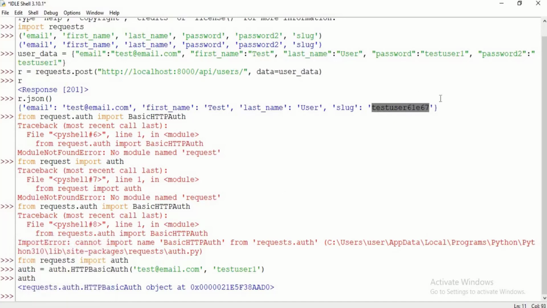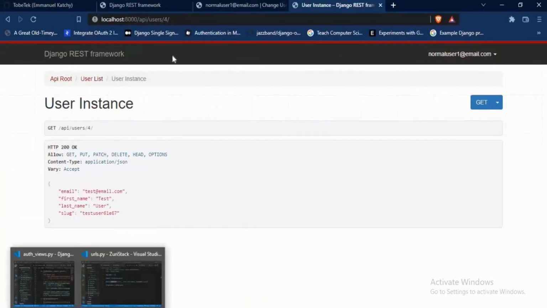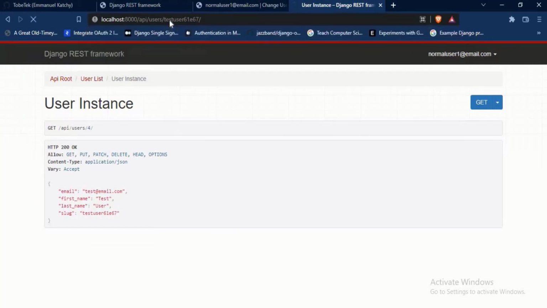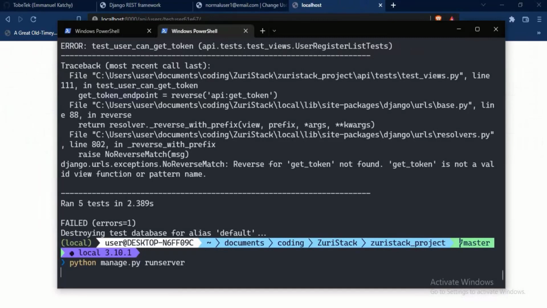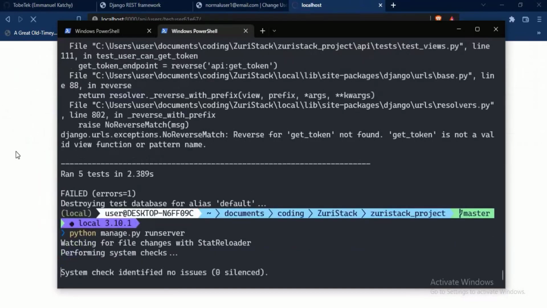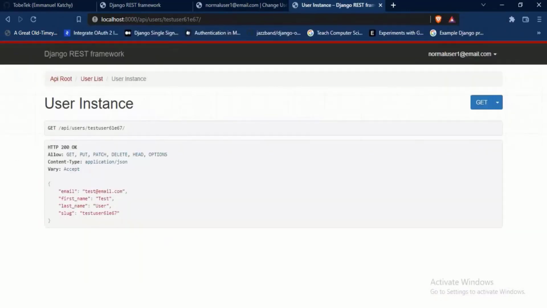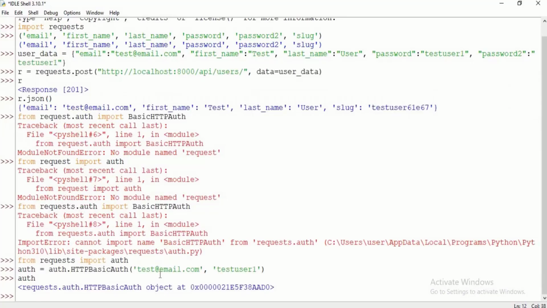So we can retrieve the user by slug. There's nothing to test. Okay, and we get the right user. Okay, so we can retrieve user by slug, which is what we want to do now. So request.patch. Okay, and the URL should be, and now slug is